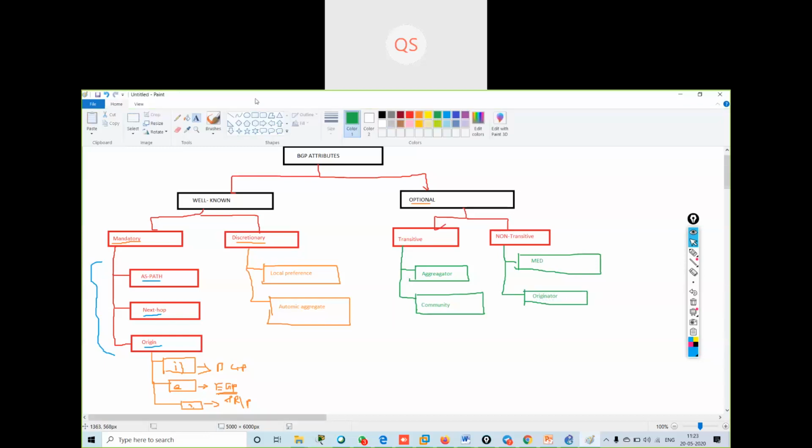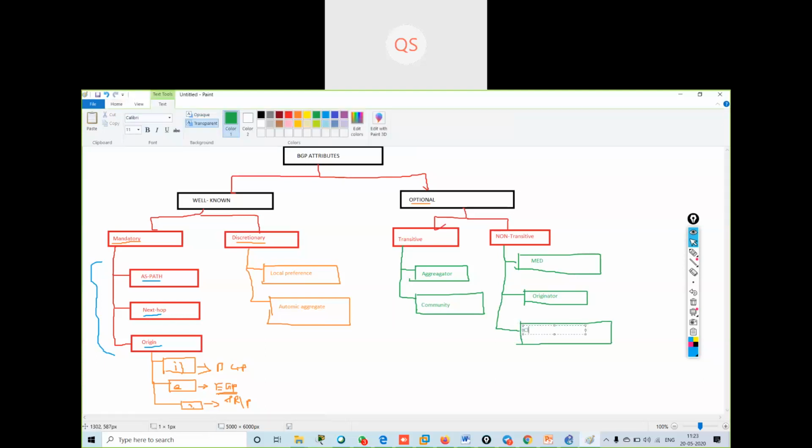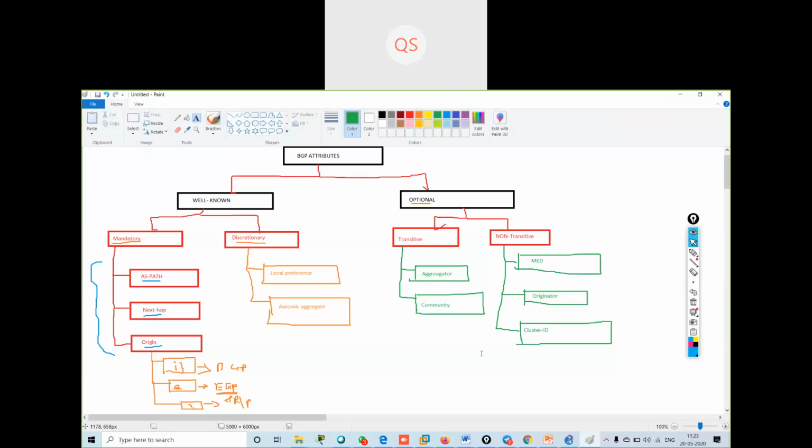Then I have one more attribute, the last one, which is cluster ID.